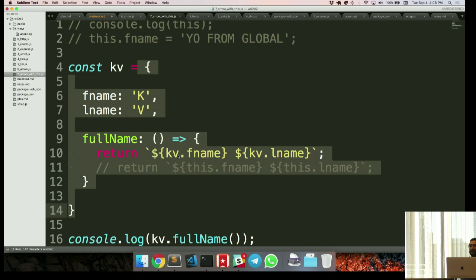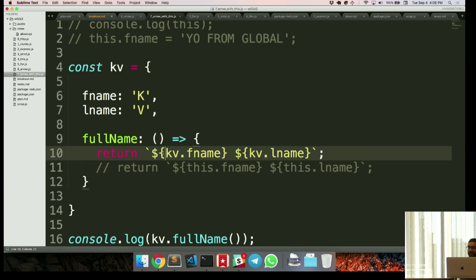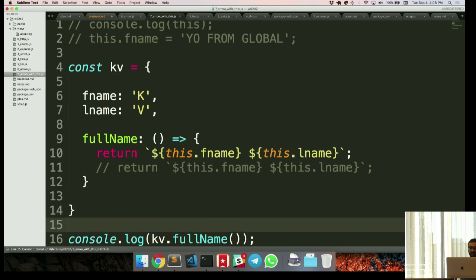So the solution here is, if you need to access other properties on this object, you should be using this, in which case you should not be using arrow functions for those methods. I'm going to leave it as this for the example here.